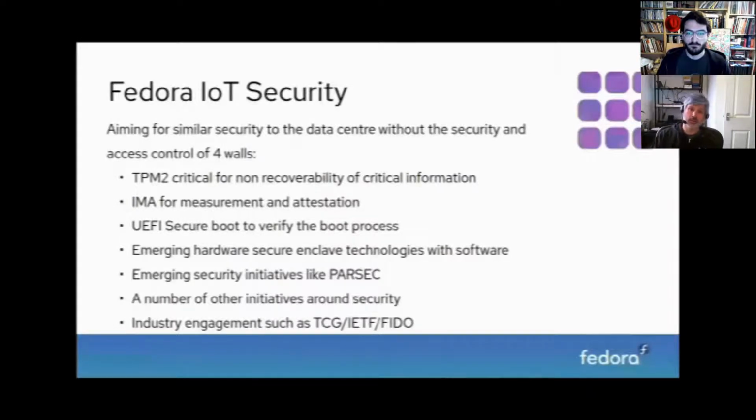So TPM is critical for hardware roots of trust and non-recoverability of critical information. The TPM is also used for the integrity measurement and attestation related stuff. We have the basics of that in Fedora at the moment. We're hoping to expand out the ability for enabling that and making it more straightforward in Fedora 35 with regards